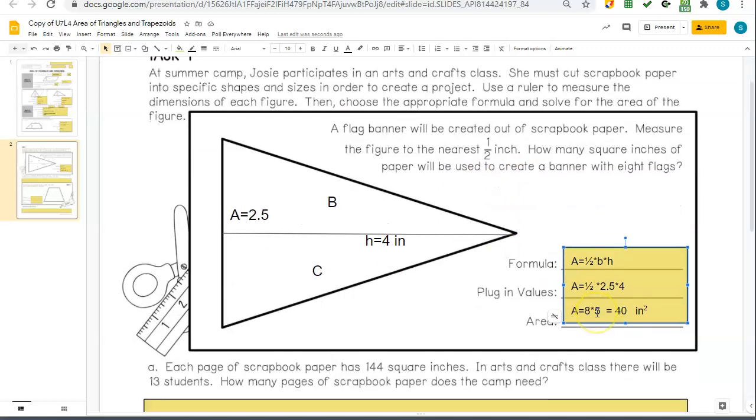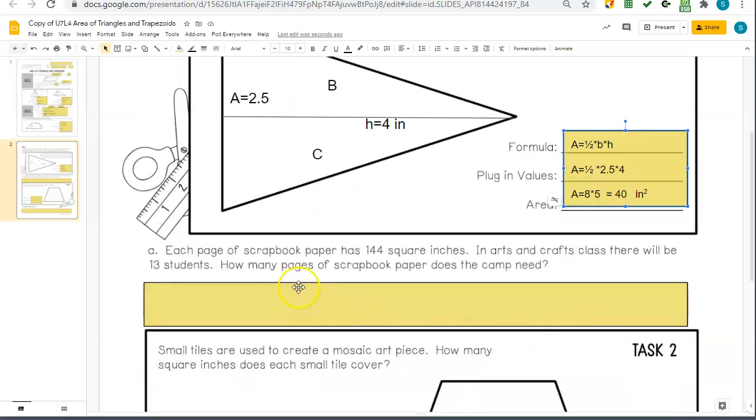Now, let's go ahead and look. Each page of scrapbook has 144 square inches. In arts and crafts class, there will be 13 students. How many pages of scrapbook paper does the camp need? That is a rough question. That's kind of a sneaky question because